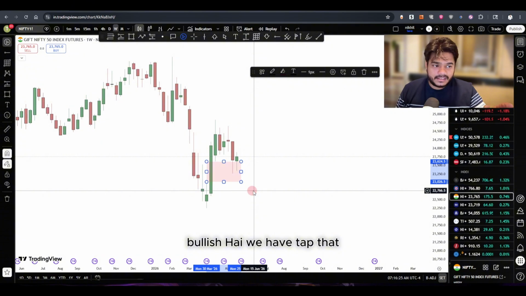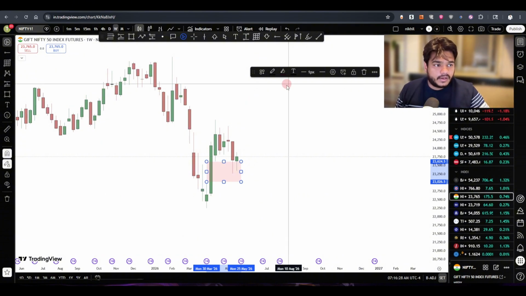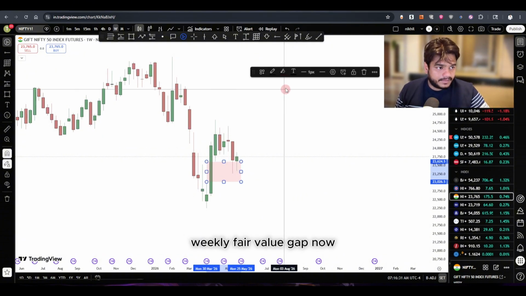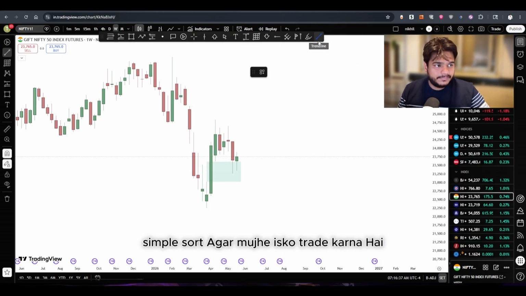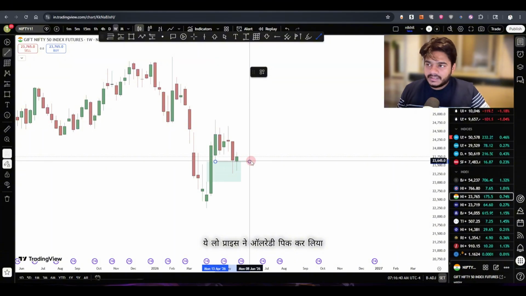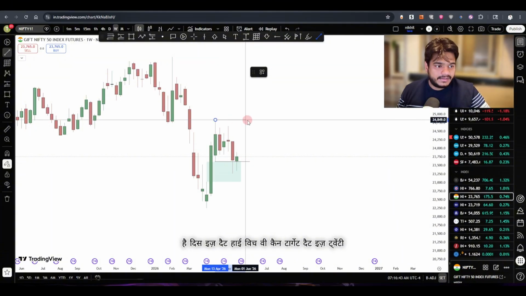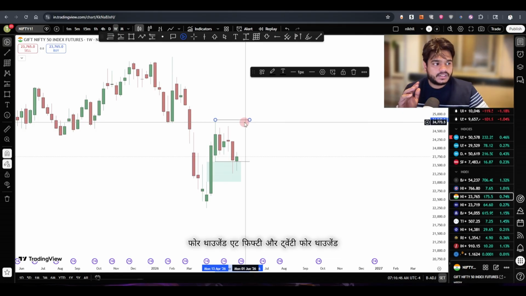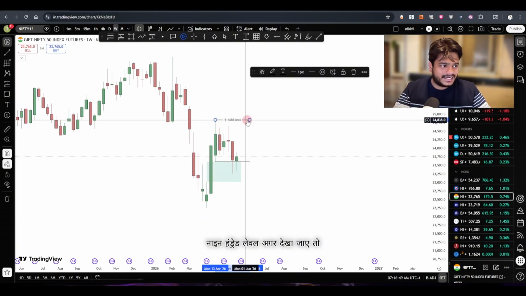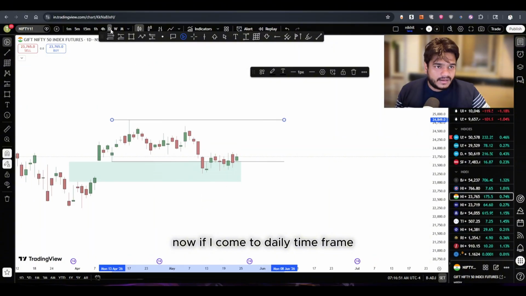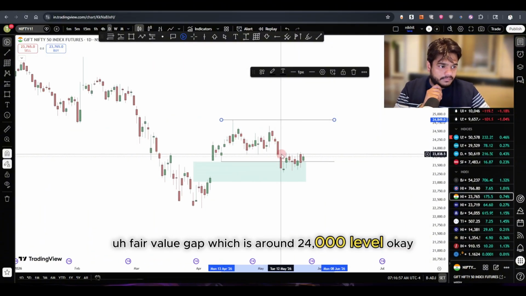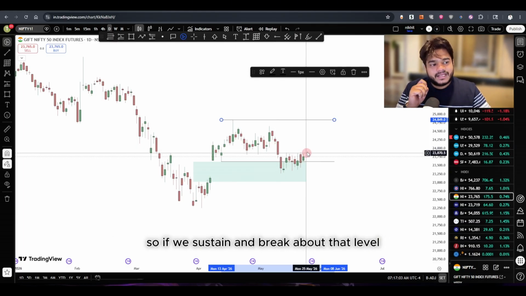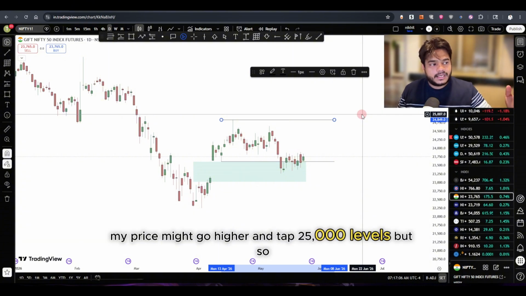We have tapped that fair value gap, okay, the weekly fair value gap. Now simply put, if I have to trade this, price has already picked this up. This is that high which we can target, that is the 24,850 and 24,900 levels. Now if I come to the daily time frame, the only hurdle right now is this fair value gap, which is around 24,000 level. Okay, so if we sustain and break above that level, my price might go higher and tap